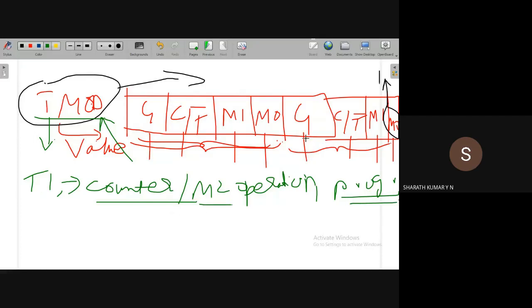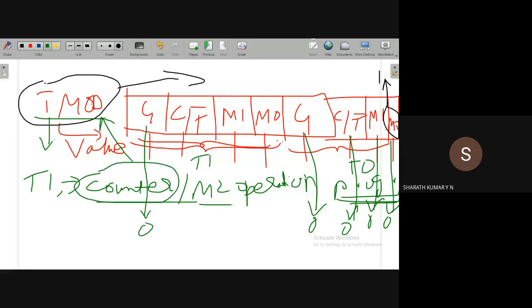So this is timer 1, this is timer 0. All the timer 0 bits become 0 automatically because it is not used. For timer 1, since it is the programming method, the GATE bit is 0. It is a counter operation, so timer 1 should be a counter and this bit is 1.